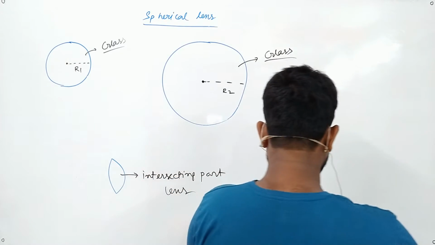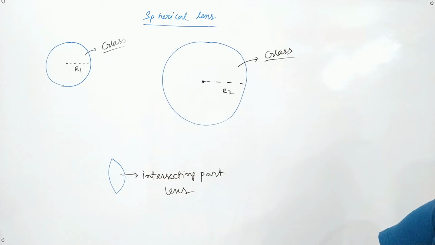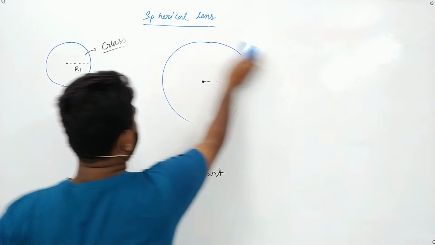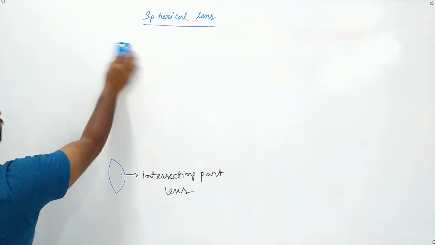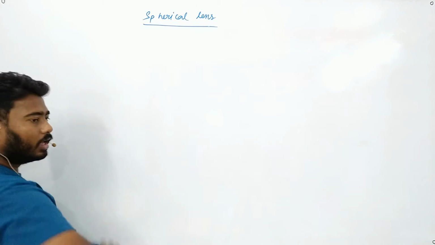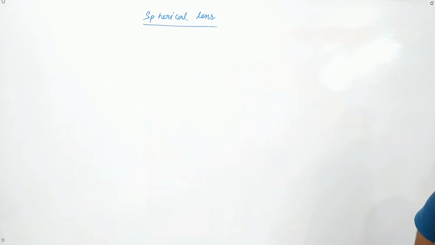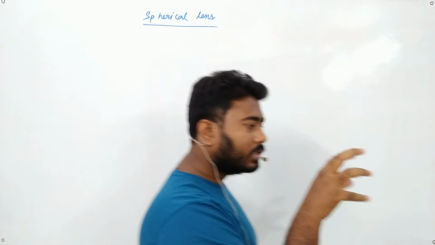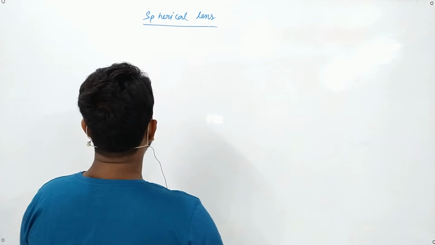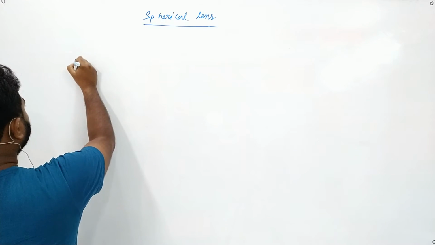Now we can do one more thing also. Suppose you have an entire space of glass. Have you seen air bubbles inside glass? In some faulty glass we can see small bubbles inside. So imagine this as a glass.